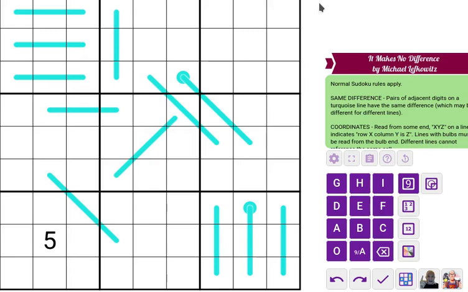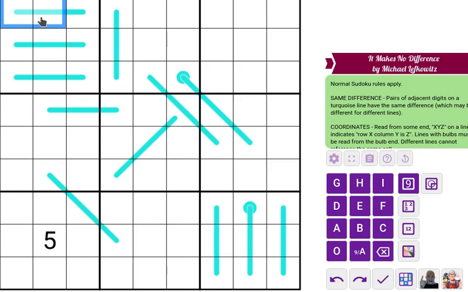This is It Makes No Difference by Michael Lefkowitz. It's rated 4-star at LMD, so it's very hard, at least for me. It doesn't require guessing, so it could be solved by logic, but it's kind of tricky, and nevertheless it's very fun, and I had some wow moments solving it. So, and we have lines which are same difference lines, which means